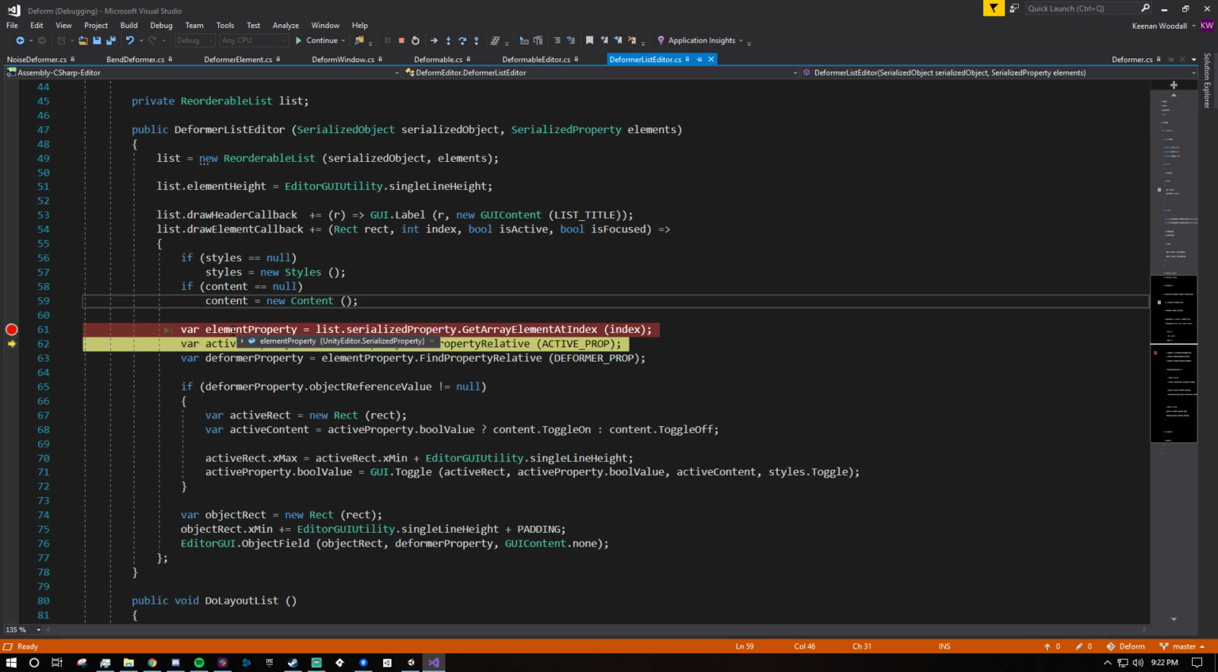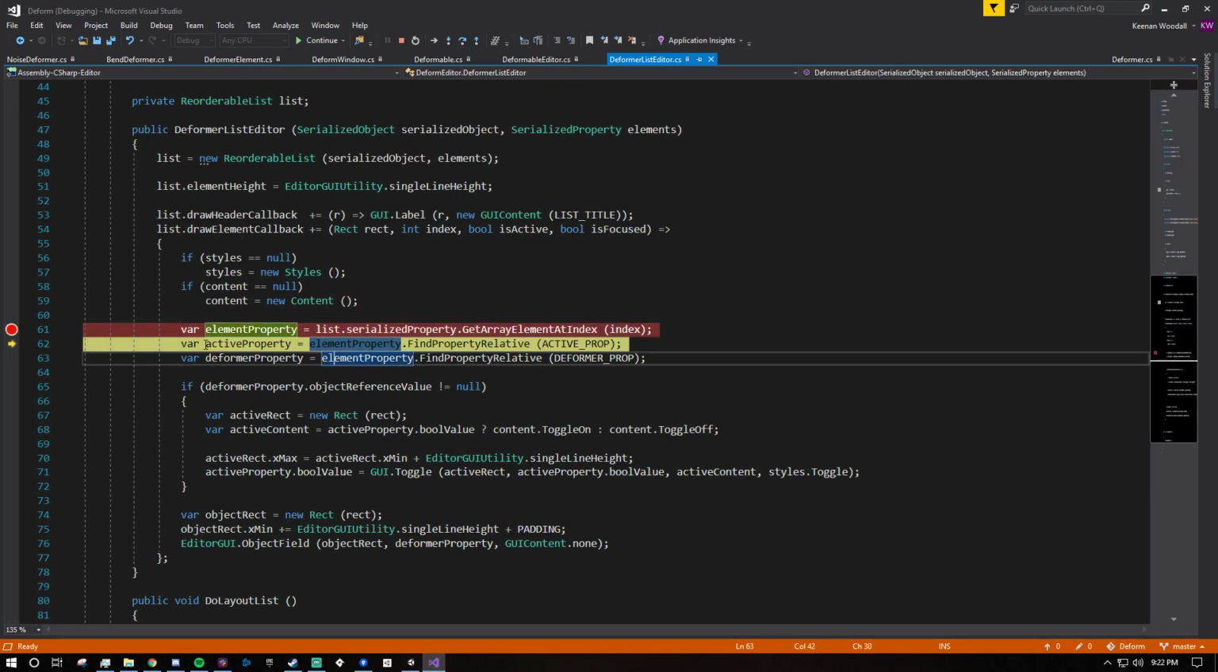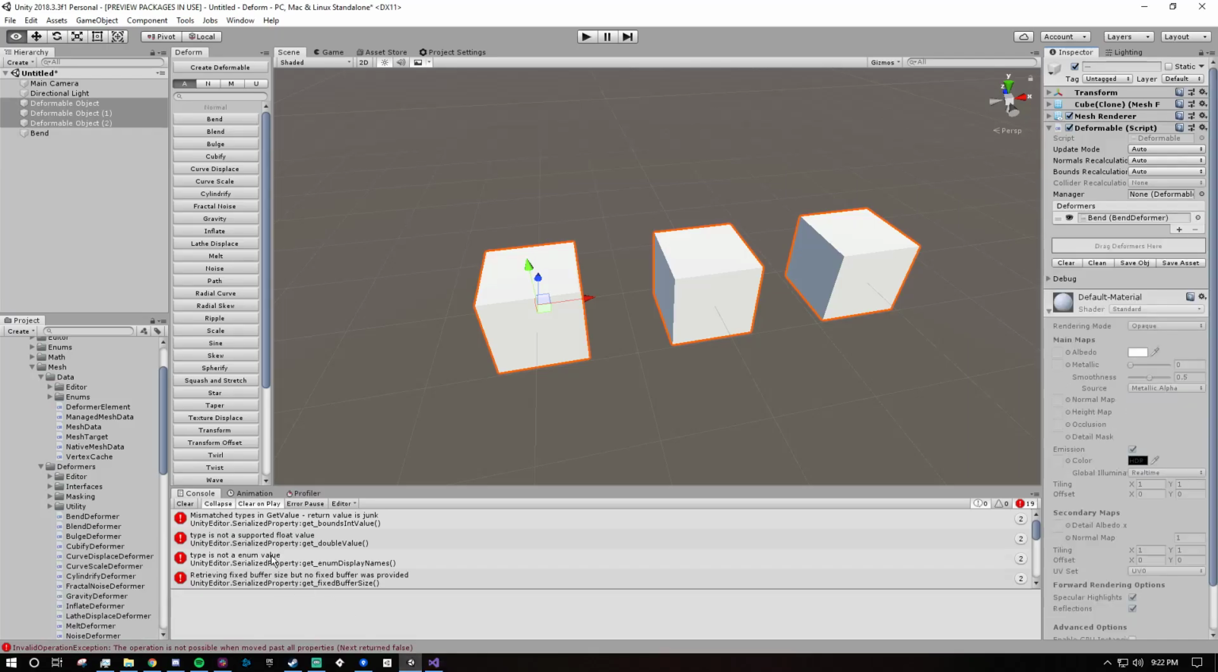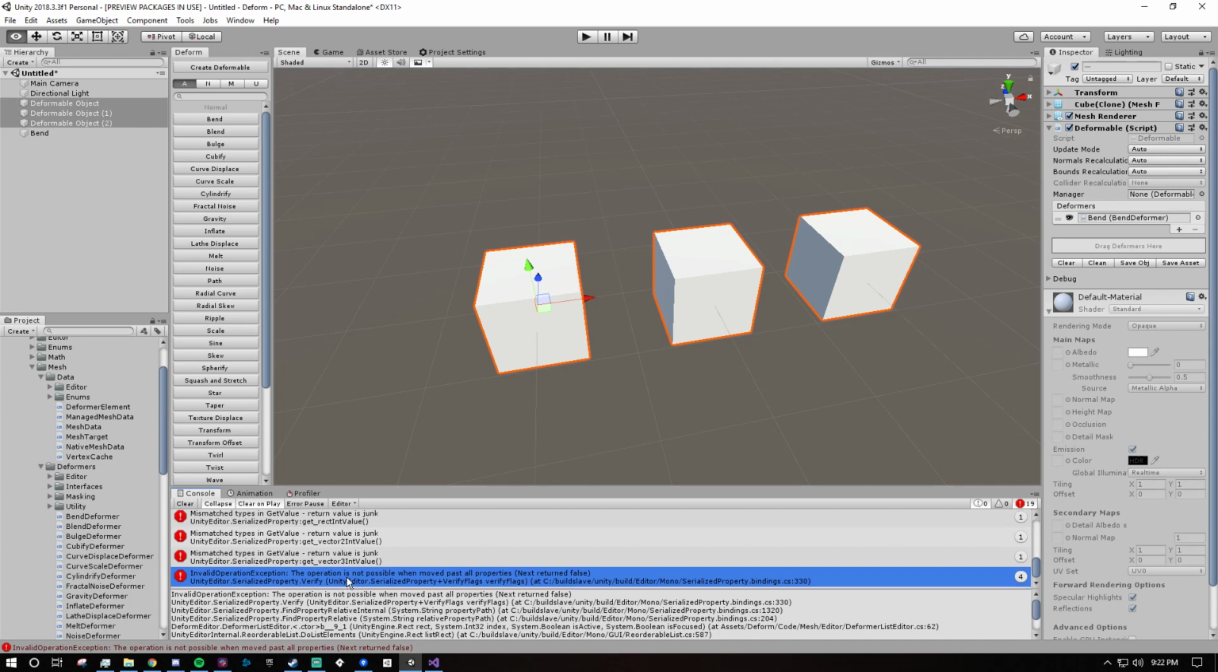So I'm not sure what's going on here. Maybe something is messing up here, but from what I understand, I am correctly getting this array element at the index. But as soon as I try and get any of its child elements, this is where I get the error. This is where, if I stop it, I get the operation is not possible and